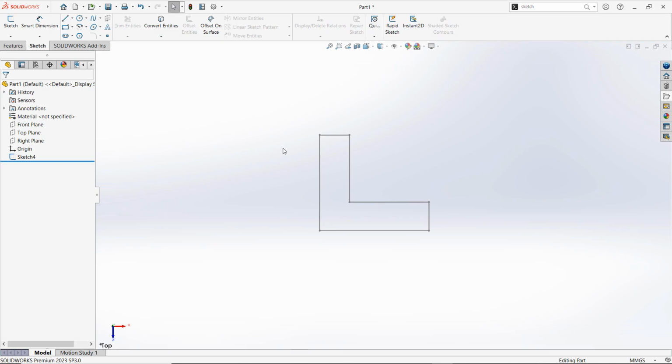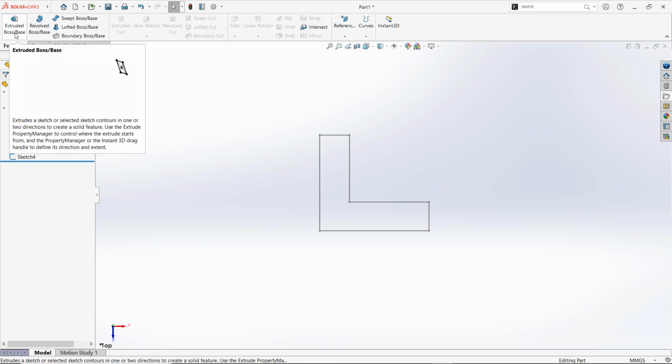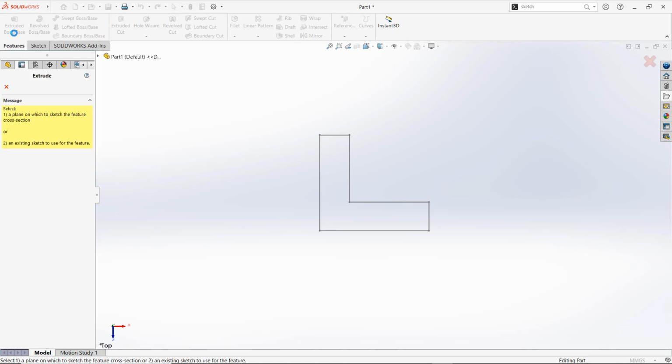The final thing we're going to do in this lesson is create this into some 3D shape. So I'll go to my features here and I'm going to extrude it out. Couldn't be simpler. I'm going to say let's do an extrude. I've got my sketch there. Let's go for it. So I'll click on extrude and notice my feature manager tells me, well, what do you